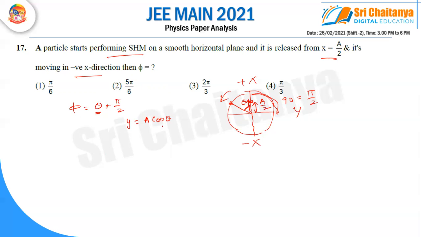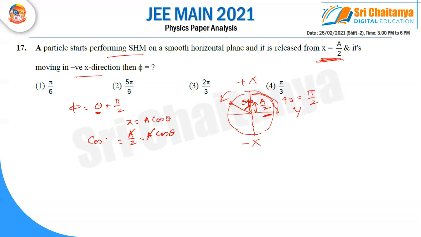Okay, a cos theta, and y is given as a by 2 here. Now, I should prefer this as x, because this is done on x-axis. X is equal to a cos theta, and x is given as a by 2. A by 2 is equal to a cos theta, and I get